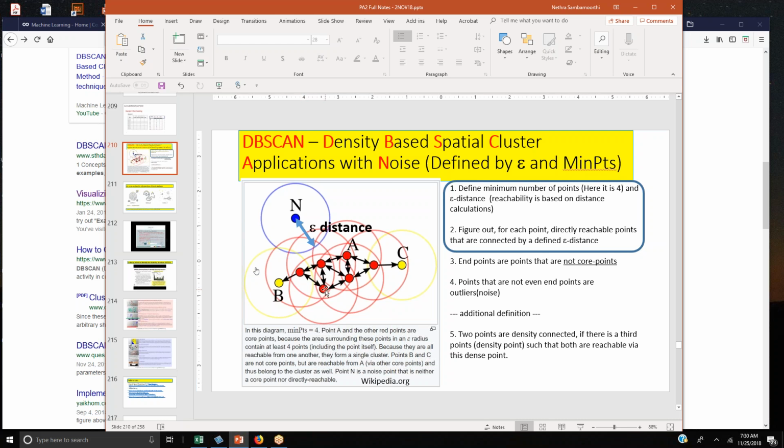4 points. This won't work out, I think. If I do here, it is 4 points. If I do here, 2 points. At least 2 points. If I do this, at least 2 points. Okay, here is the example. If I say only minimum 2 points, with the same epsilon size,